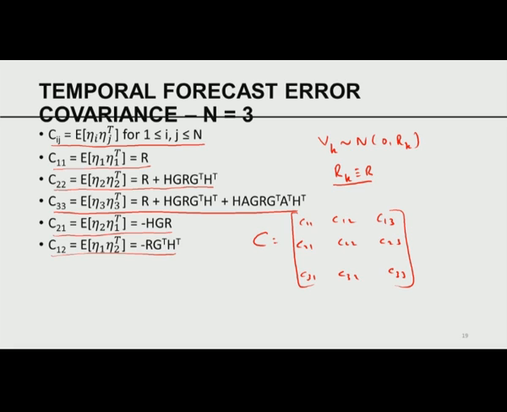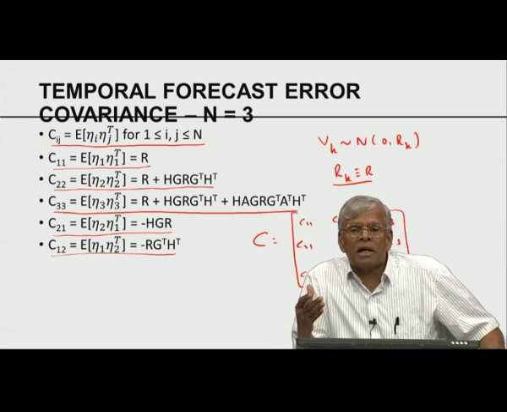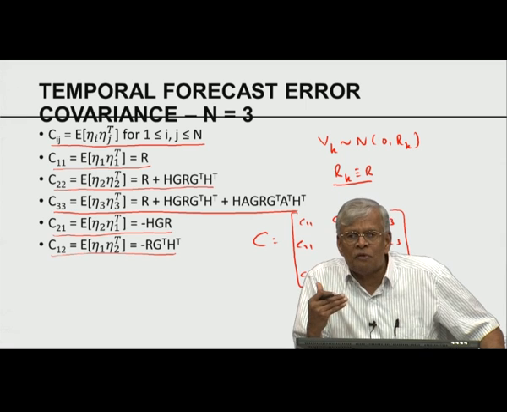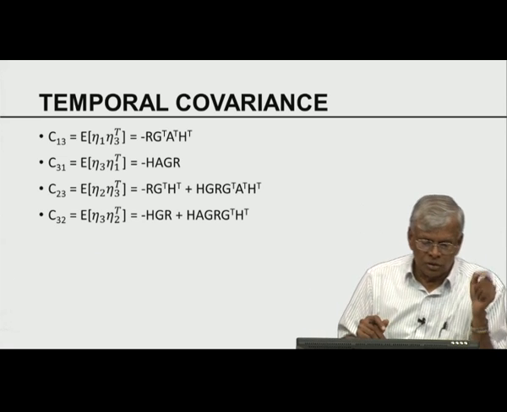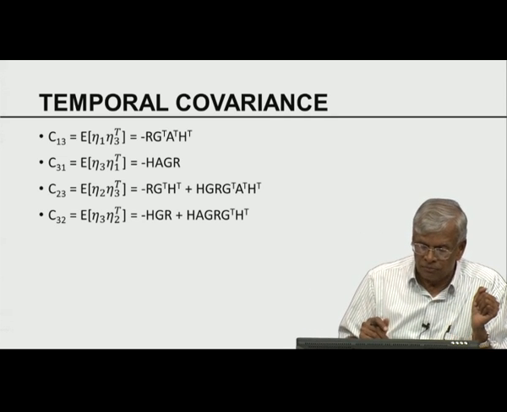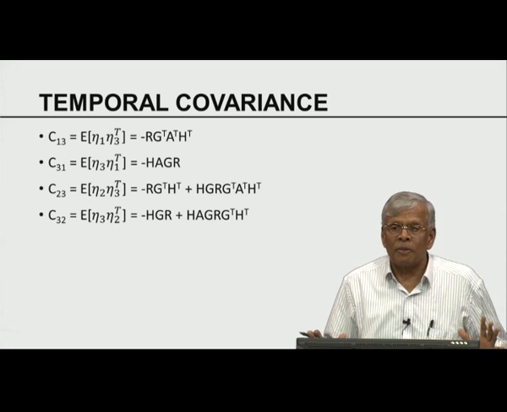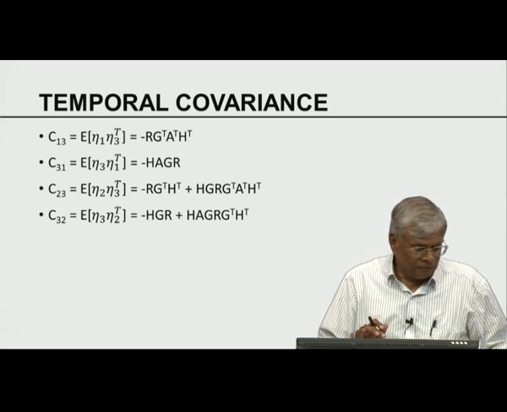So let me go back and remind you once more. I would like to be able to understand the presence of serial correlation, n observations. To make life simple, I assumed n is equal to 3. So I substituted n equal to 3 in the expression for the forecast covariance, especially the random part of the forecast covariance. Using the random part of the covariance, I am simply computing expressions for these covariances. So C13, C31, C32. You can really see I can compute this. From this you can readily see